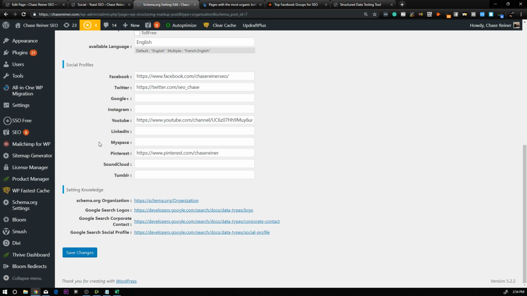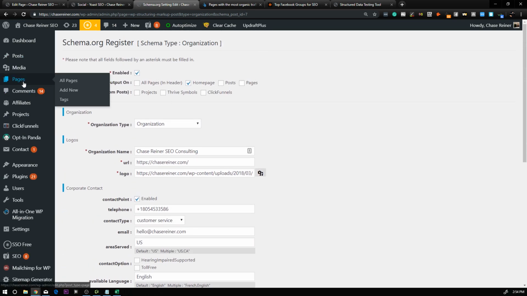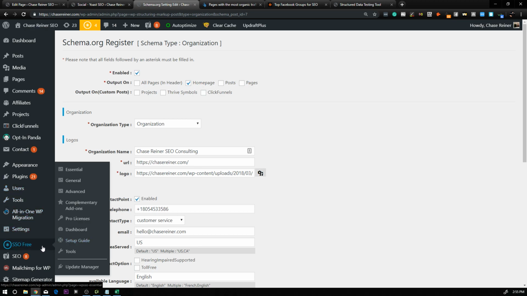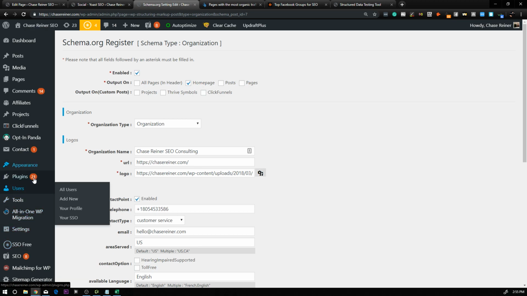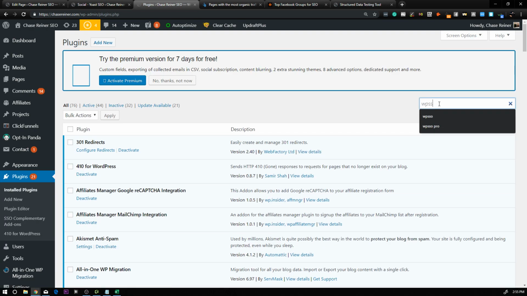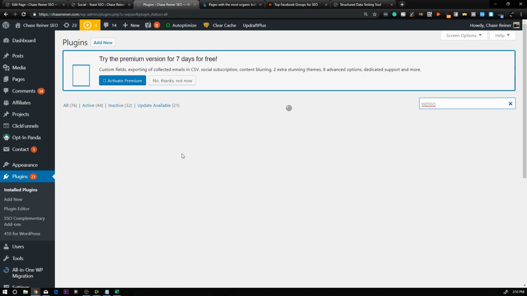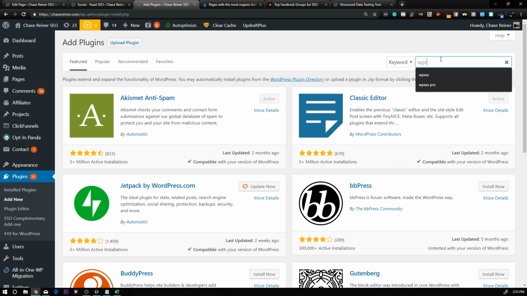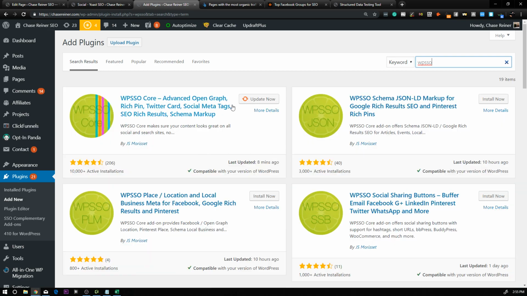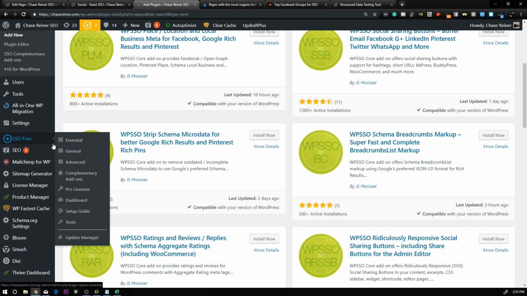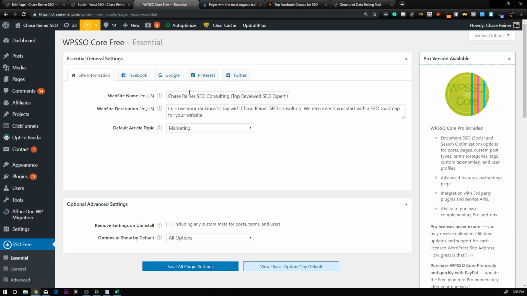Next, we have social data. So how you share your website on social media is pretty important these days. One of the best ways to do that is through a tool called SSO. So you'd go to plugins, WP SSO, add new. And here it is. Once you download it, you can set up the basics to it,